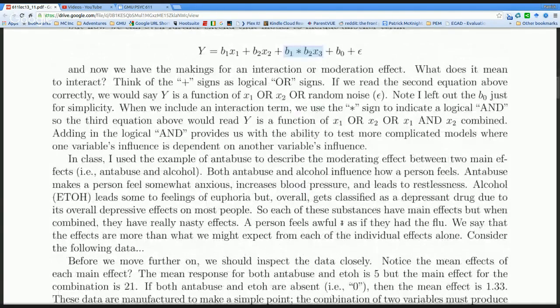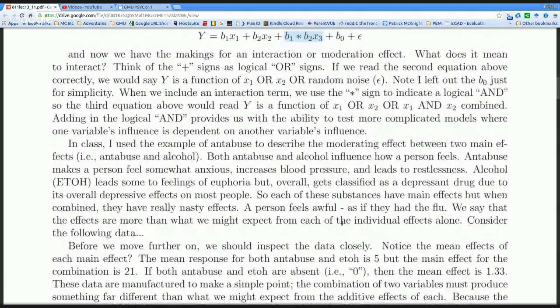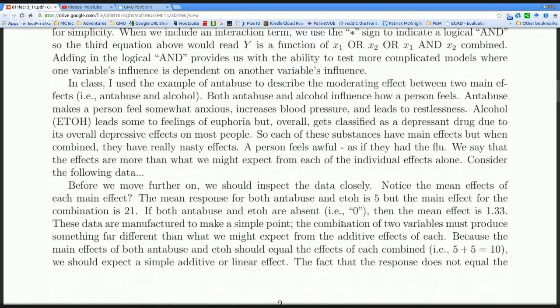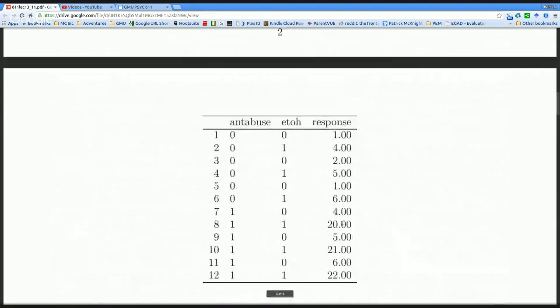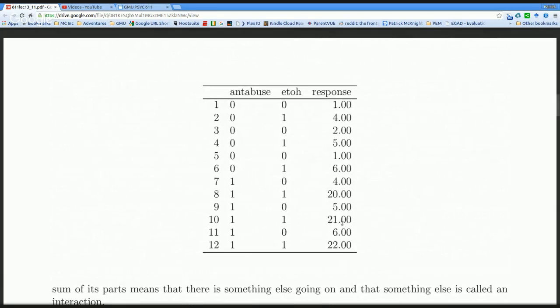Okay, now in class, I've mentioned this before, one of my favorite interaction models is a model based upon Antabuse. Antabuse and alcohol, when they're combined, produce a rather substantial effect, substantial in that it's far different than the main effects. So I've manufactured data, and I want to show you an example. I have a very small sample. There are 12 observations, and I have two fully crossed